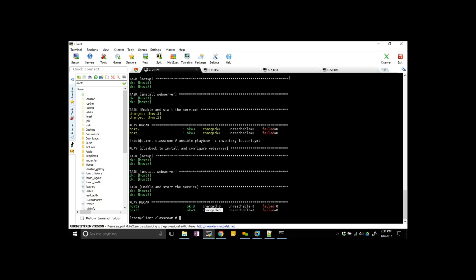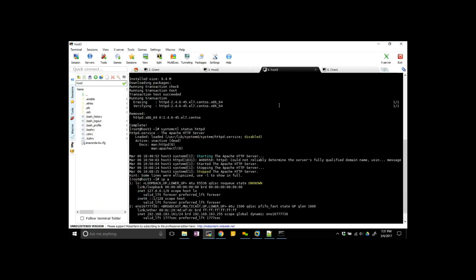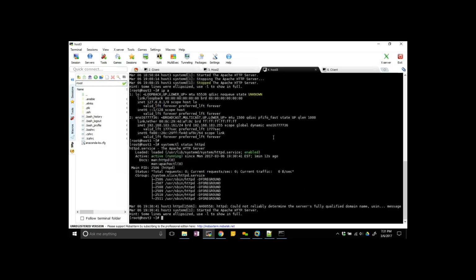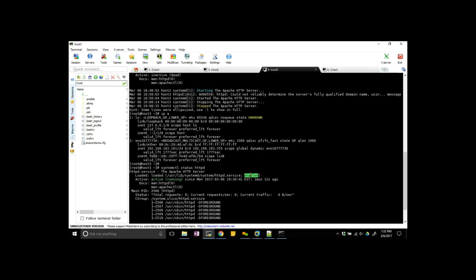Let's go to one of the machines, host 3. The previous status was disabled and stopped, right? Let's check the same status again. Now you see here it's running. Earlier it was saying stopped. Now it is running, and now it is enabled.